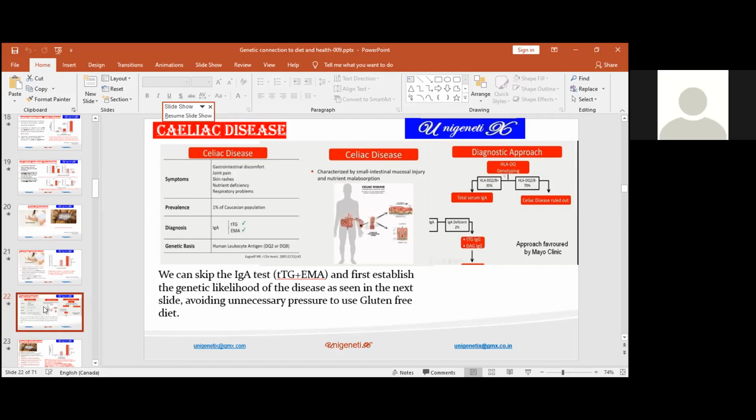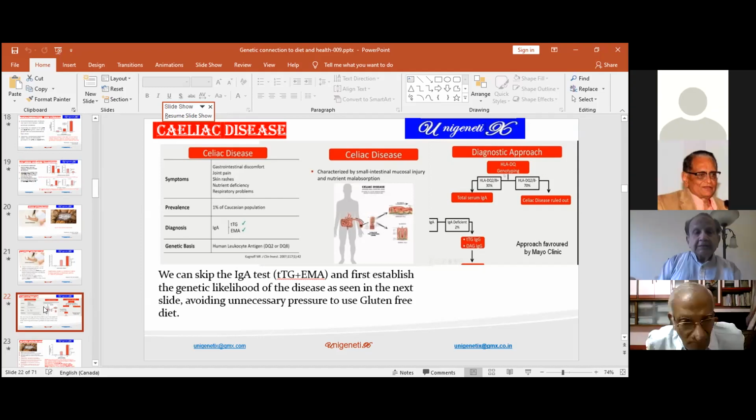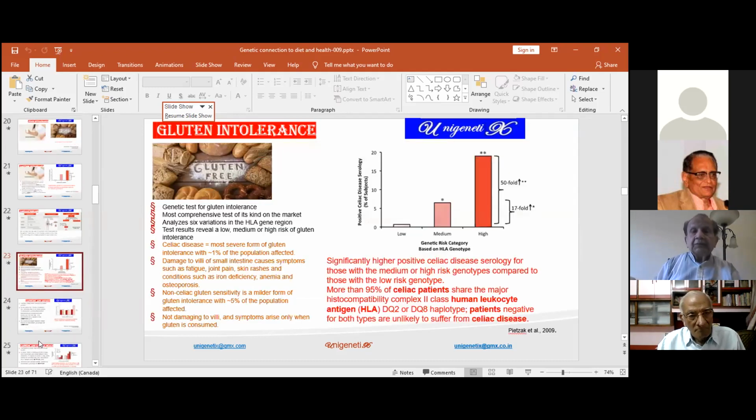Or you go to the doctor and he does pretty expensive tests of IgA, TGA, EMA. So even now the Mayo Clinic has advised, first do the genetic test. And then if the genetic test indicates that this person is likely to have gluten intolerance, then only you do the other test if you want to. Otherwise, you can straight away decide that